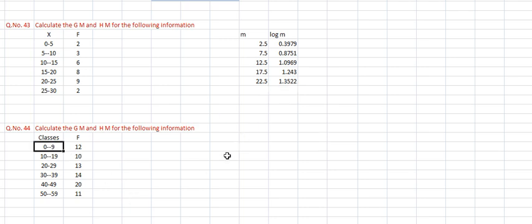In this question also it is the same. If the m is like this, 0 plus 9 divided by 2, 4.5. Then the value increases, an increase of 10 is there. So next is 14.5, 24.5, 34.5, then 44.5, 54.5. How to find the log m now? Log m, same. 4.5 means 4. 4 is one place. One place minus 1 is 0.